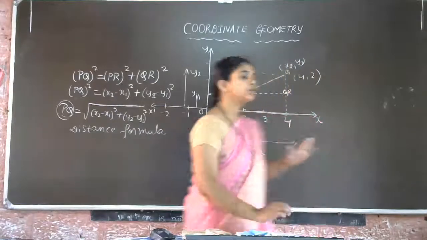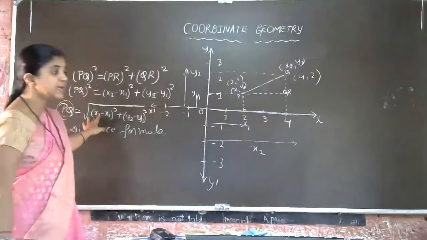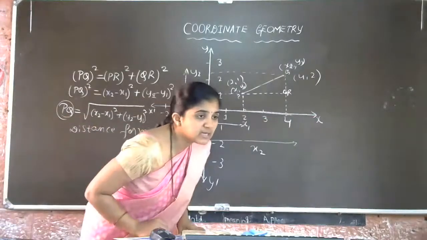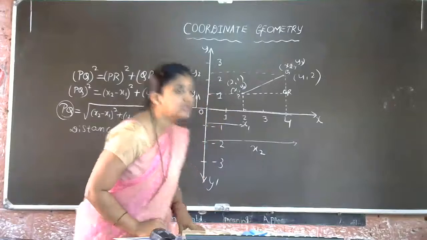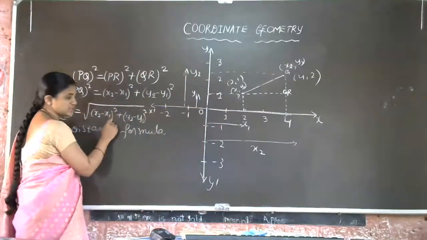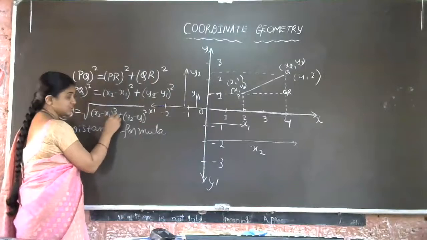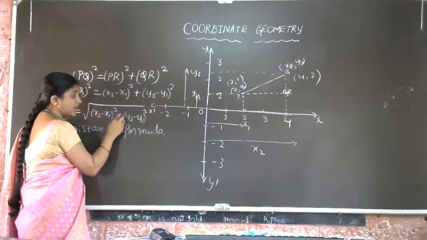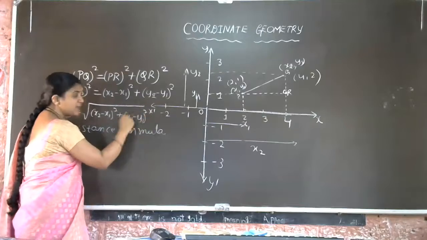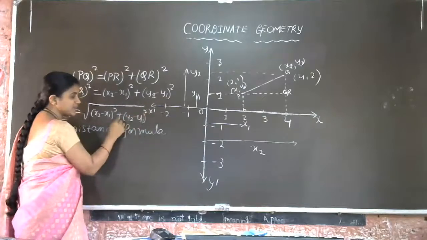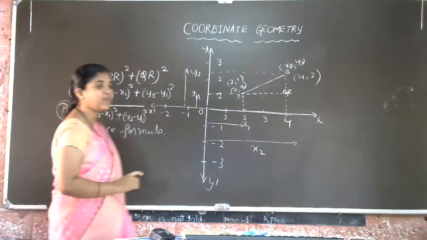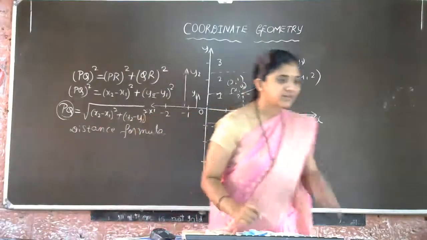So you have to apply the formula: square root of x2 minus x1 whole square. Yes, Mataji, can we cancel the square and square root in the formula? Wait, here we cannot cancel, no, Shriyasha. This is x2 minus x1 whole square plus y2 minus y1 whole square. This is not a single whole square, no? If it were a whole square, then you could cancel. But here you have a plus sign, so here we cannot cancel that one. Okay, so got the idea?